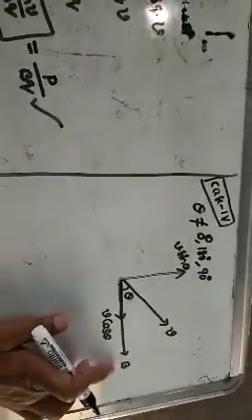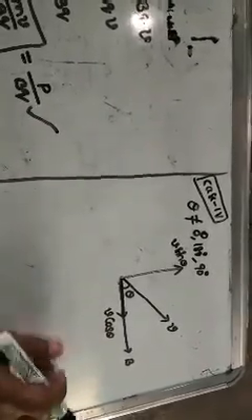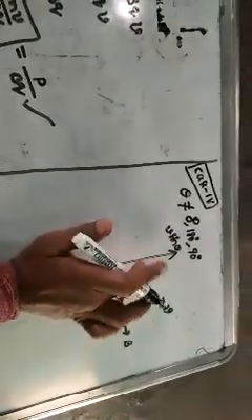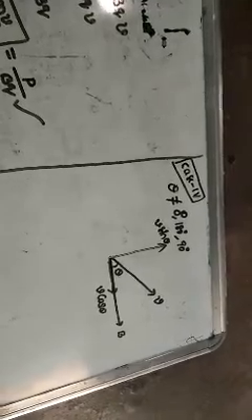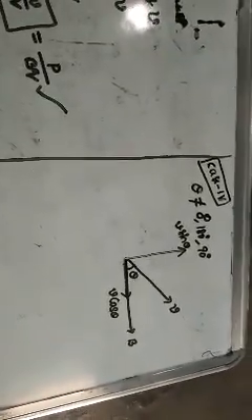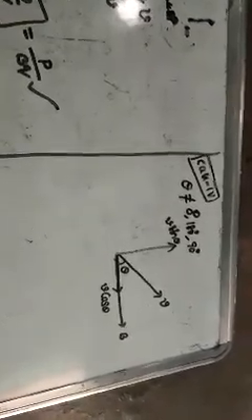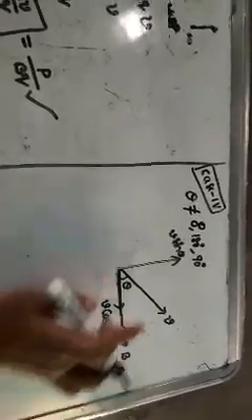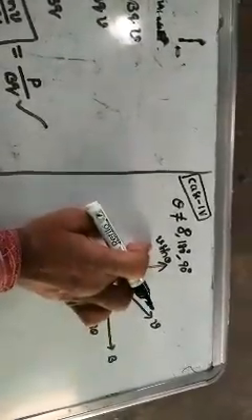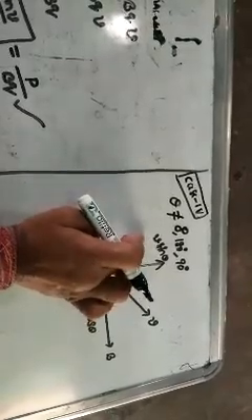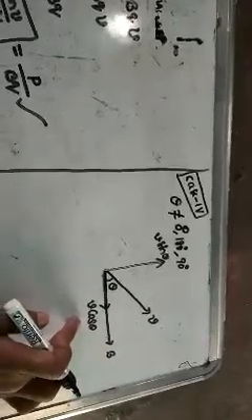The magnetic field is in this direction, and velocity v cos theta is also in this direction. Then the v sin theta component acts perpendicular, like this. Hence the component v sin theta causes circular motion of the charged particle continuously. Since the magnetic field and v sin theta are perpendicular, this component tries to move the particle in a circular path. But v cos theta is parallel to the magnetic field, so it tries to move the particle in a straight line path.